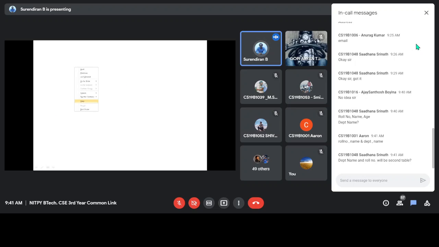So here you can have roll number, name, age, and roll number and department name can be specified as a separate table. But usually they go with the previous example, not this one. So that is how they create two different tables here.